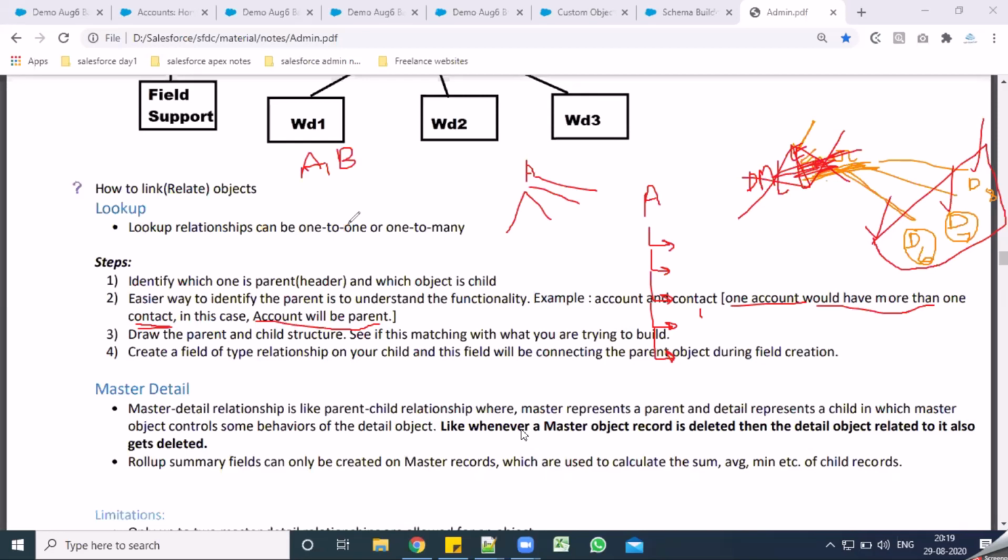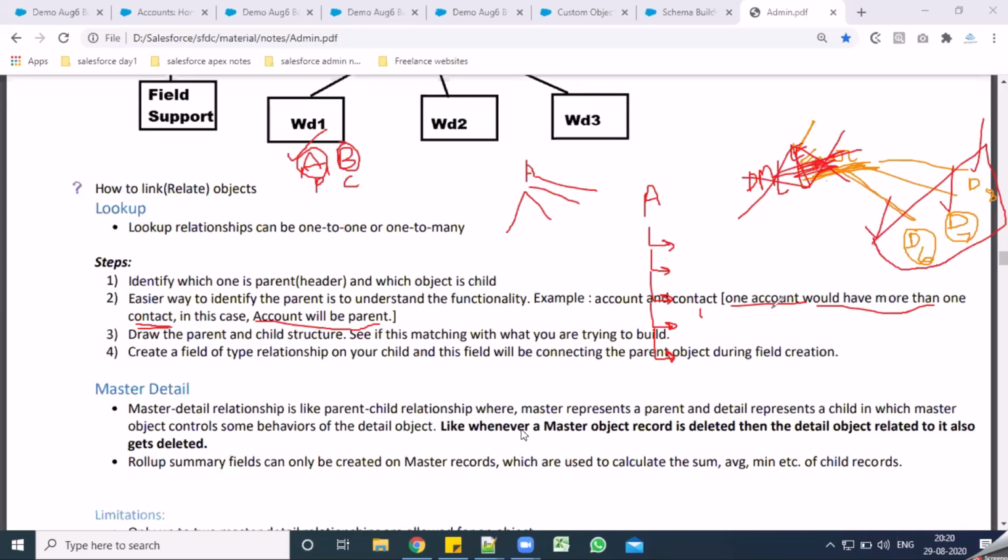If they say that object A record has multiple records of type object B, then object A becomes your parent, and the child becomes B.